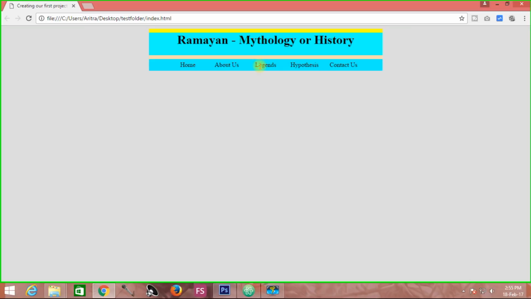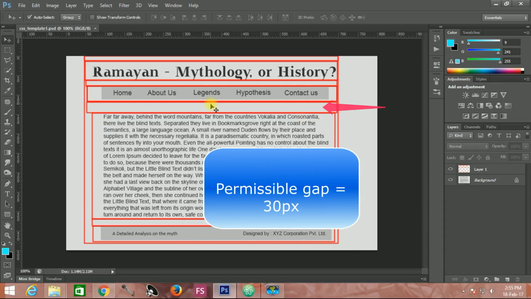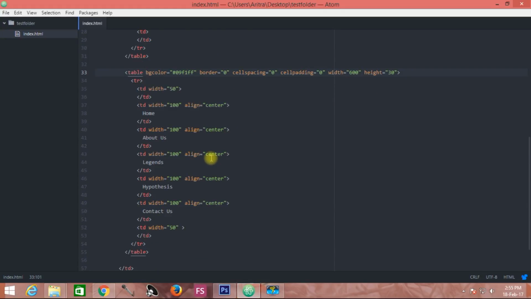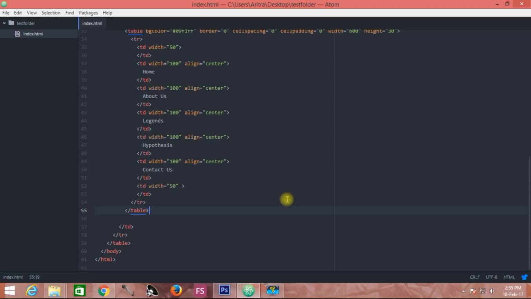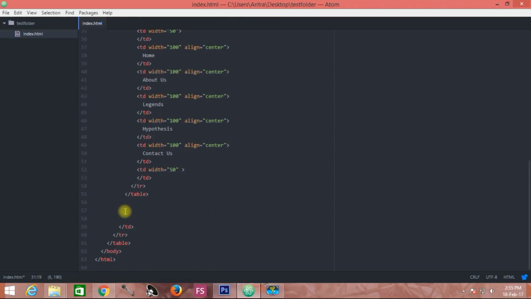Now let's take care of this individual table over here. We have assumed that this gap should be a total height of 30 pixels. So all you need to do is to create another table over here with a total height of 30 pixels. So all I'm doing here is just copying this.